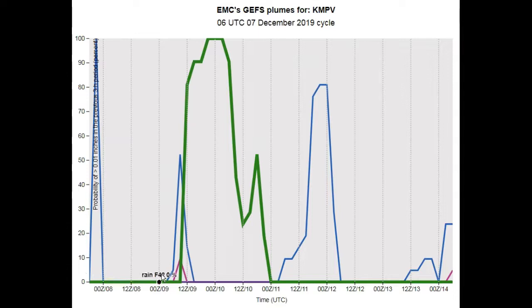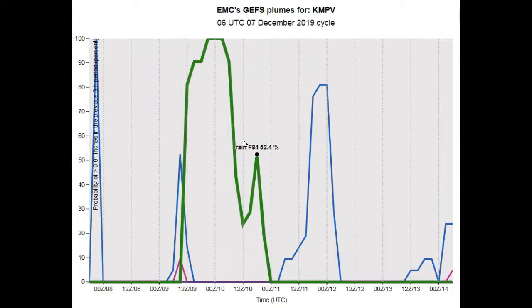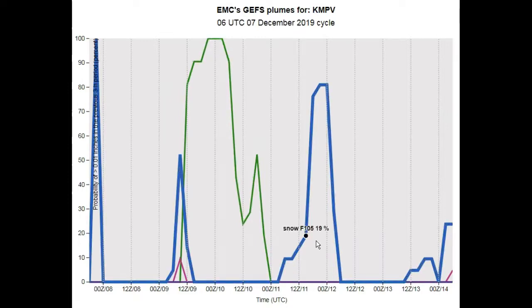These are our snow flurries here. This is the dry weather, and then we're into a little bit of snow, and then some mixed precipitation, all changing to rain, high probabilities of rain. That exits, and we get a little bit of snow on the tail end. And the GFS ensemble is agreeing